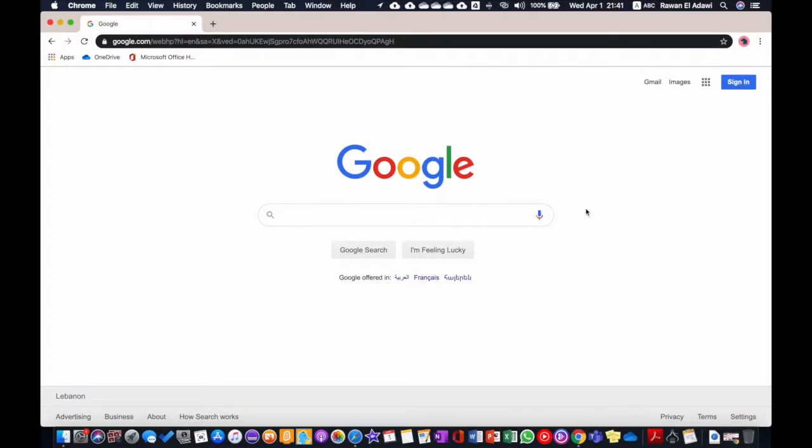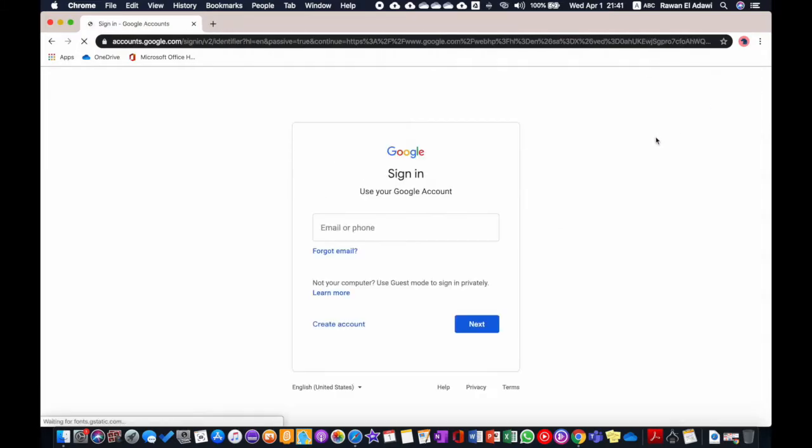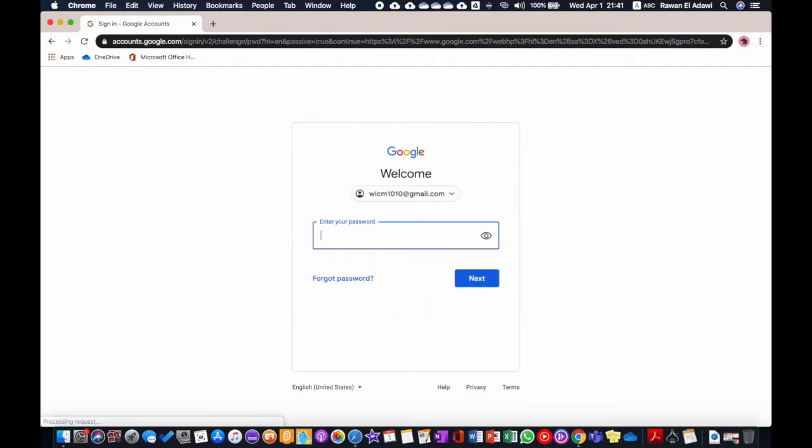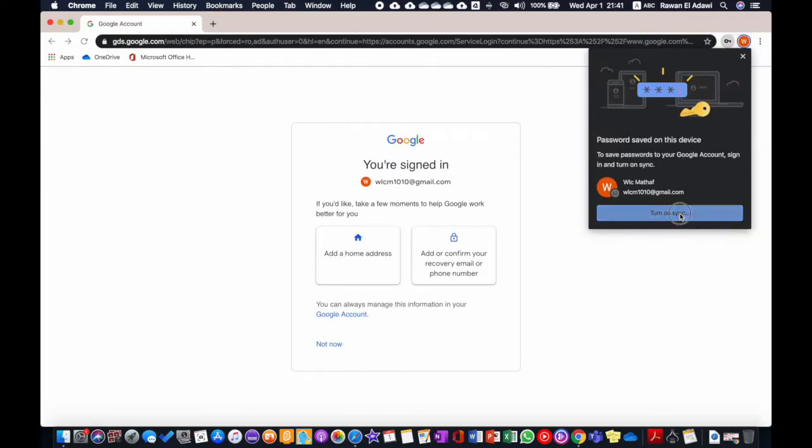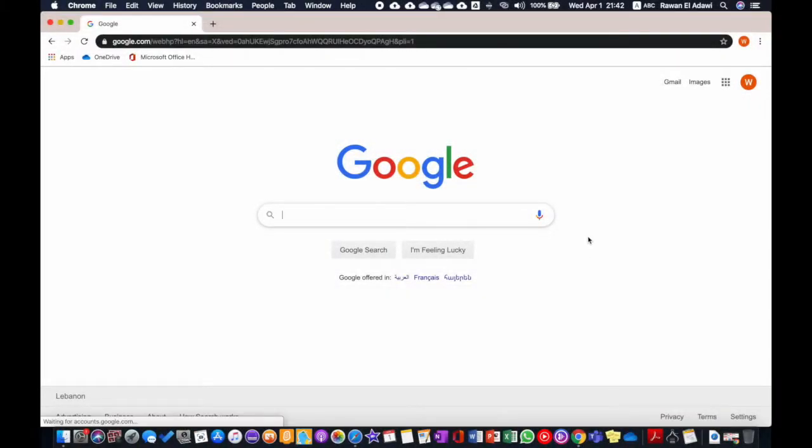After you download Google Chrome, you need to make sure that you sign into a Gmail account. So first I'm going to sign into a Google account that I have. Now that I am signed in already, you will search over here for